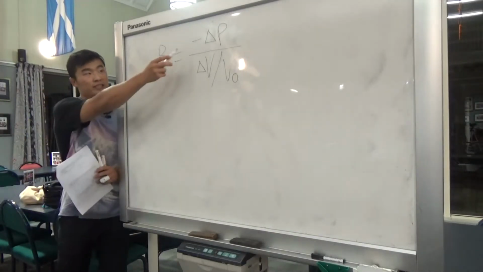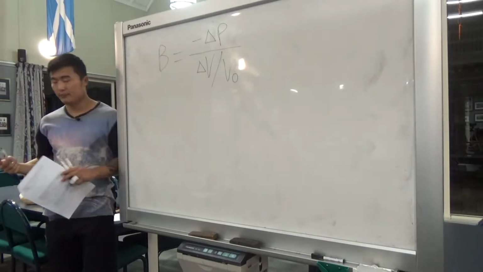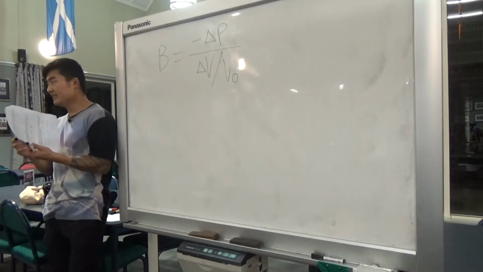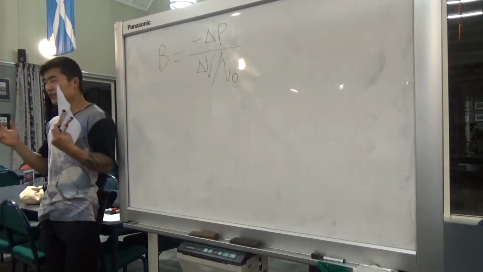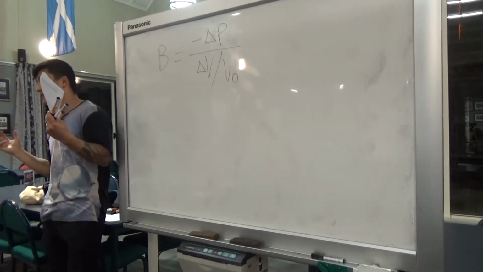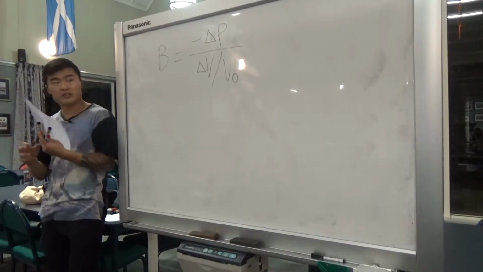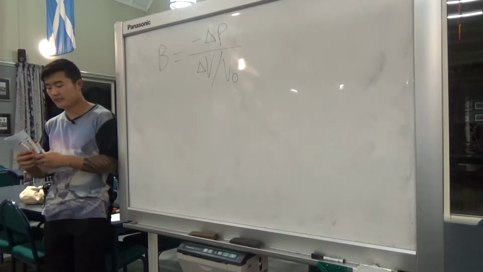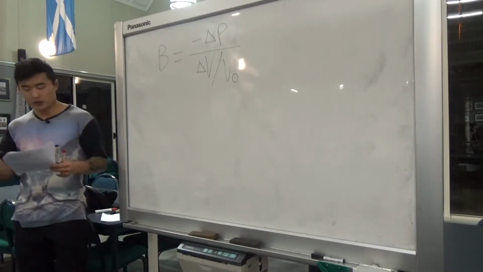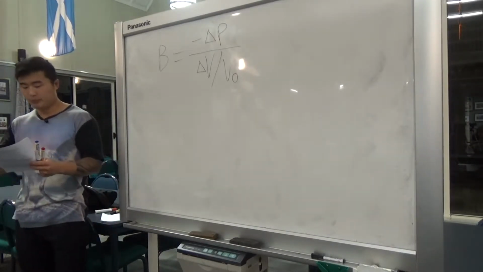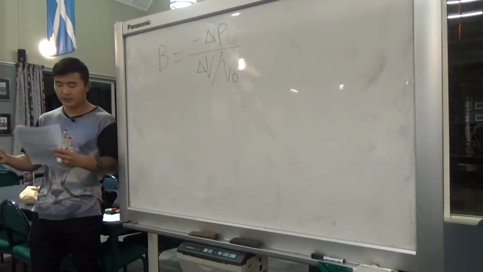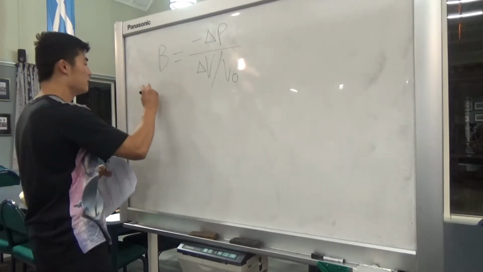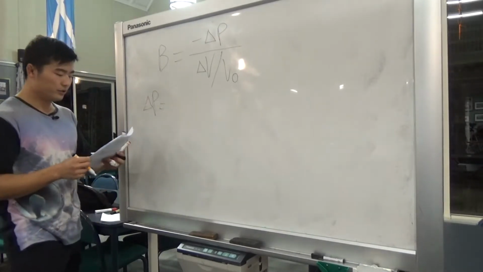Okay, so that's your equation for bulk modulus. And the reason for the negative sign there is because when you increase the pressure, the volume decreases, and when you decrease the pressure, the volume's going to increase, right? So if you compress something more, the volume's going to decrease, sorry. So that's why the negative sign's there. So here we want to find the pressure change, so the increase in pressure. So we're going to rearrange this equation for delta P. So delta P is equal to